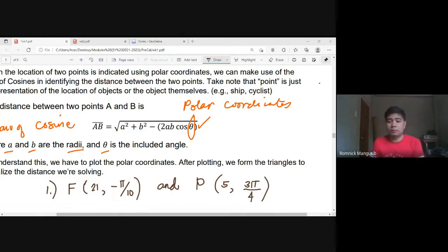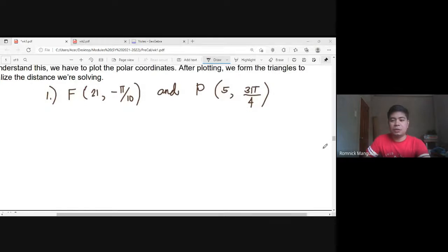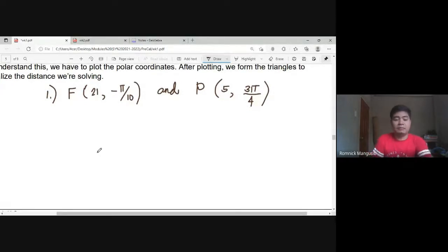Hindi ito applicable for x and y. This is just applicable for polar coordinates. May I strongly remind you about that? Baka mamaya ganun ang ginawa ninyo at sayang ang effort ninyo. Okay? You have to take note, this is polar coordinates. Now, to answer this question, we already know the A and B from the formula